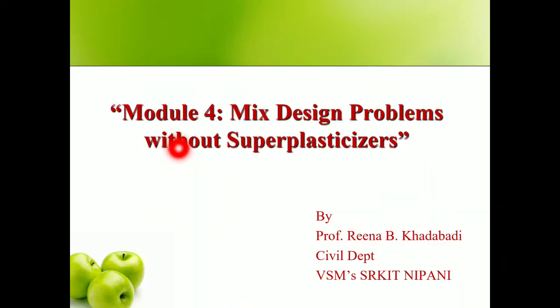Today we'll be continuing with module 4, that is the mix design problem without superplasticizer. In our previous video, we have already seen the mix design problem using superplasticizer. Superplasticizer is used to decrease the cement content, for better strength, durability, and for the curing purpose, so that our work gets completed earlier. So those are using superplasticizer. This is without using superplasticizer. So the problem goes like this: